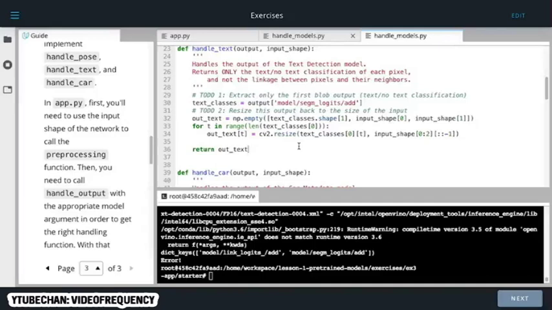All right, final one. Let's look at how to handle the text output. So now I've placed in my solution for handling text. This is actually a pretty similar approach, as there's two output classes here. So I want to go ahead and do the same iteration. Although in my case,